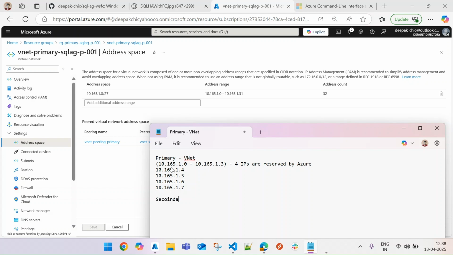Same in the secondary VNet, we choose the IP 10.165.2.0, and we created